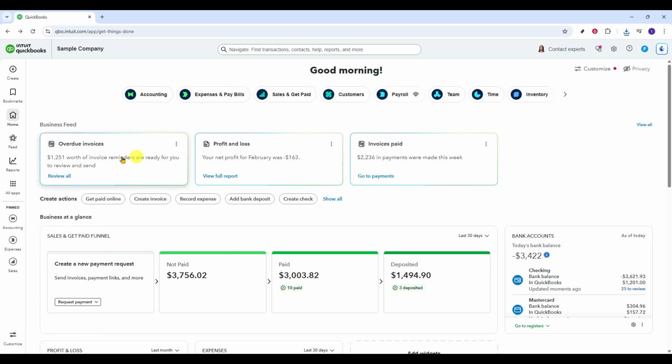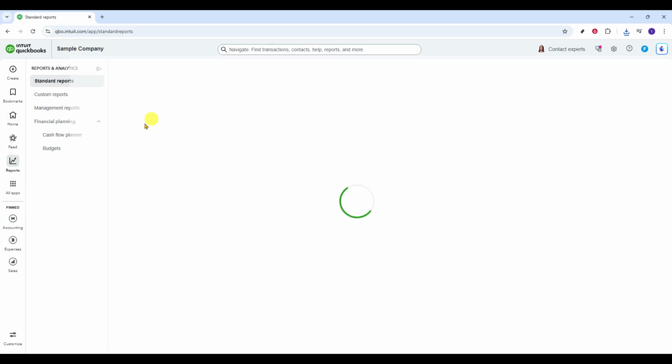Once your dashboard loads, look to the left-hand navigation. You'll see a series of main menus. Select Reports. This is the central place where QuickBooks keeps all your financial reports, and it's the fastest route to